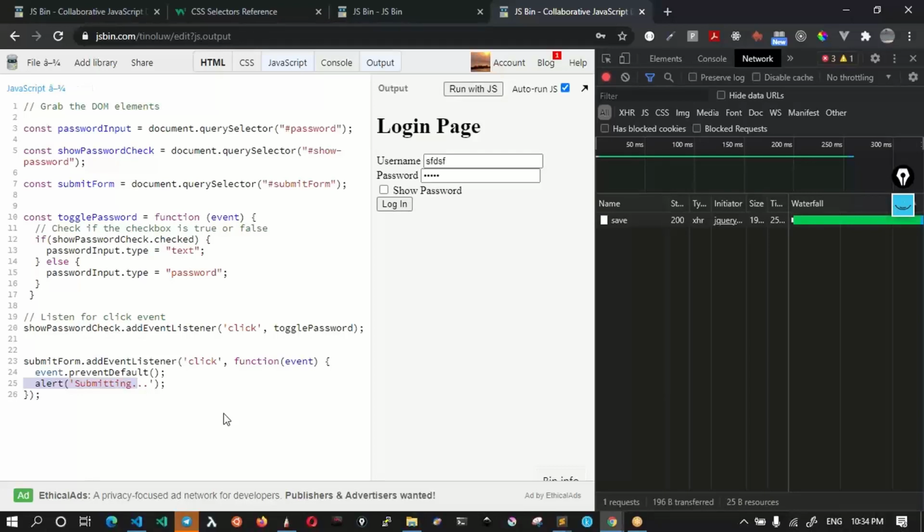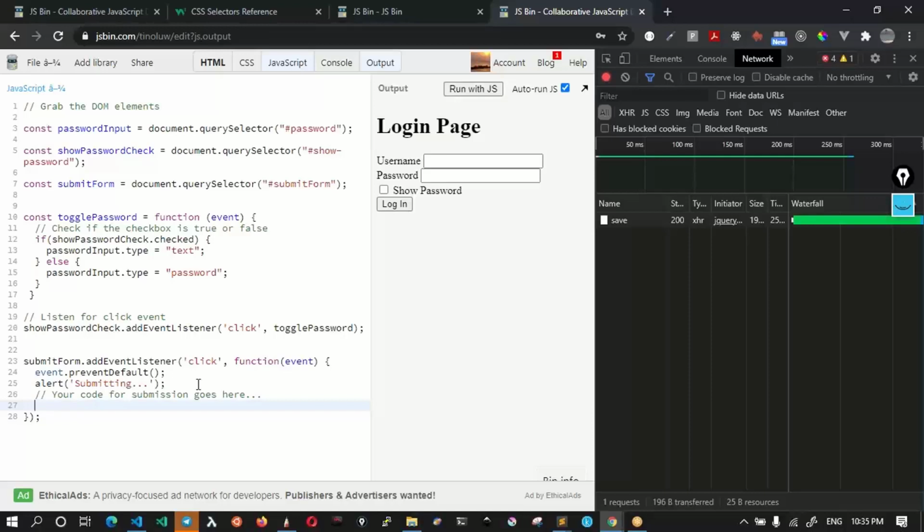Whenever you create a form with a submit button or a submit handler, and you see that your submit is not working, it's because by default the form is getting posted to itself. So you have to prevent the default action by calling the event.preventDefault method. After this you can write your JavaScript code here. Your code for submission goes here, whatever you want to do.